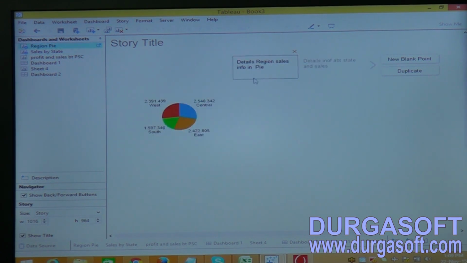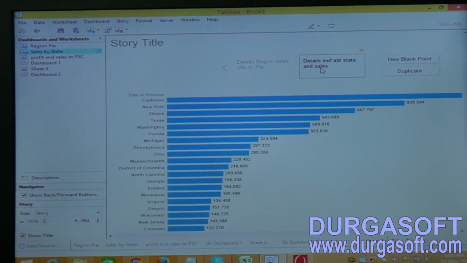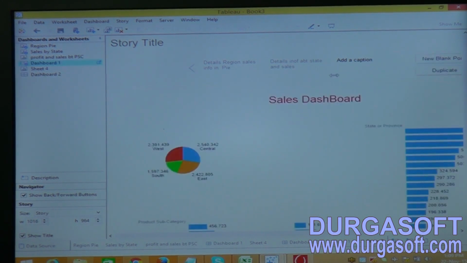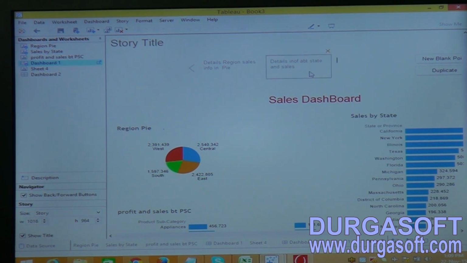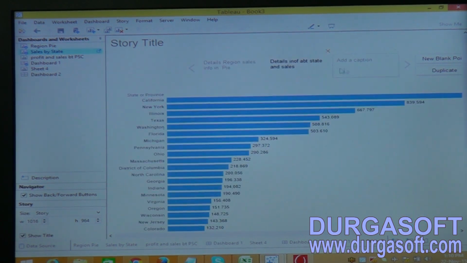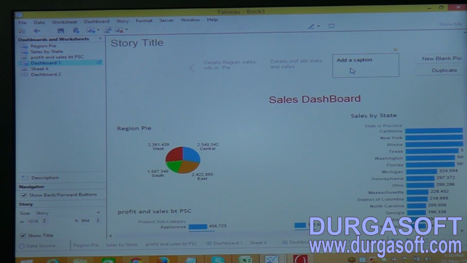Now you can go directly back to the previous option, or directly go to the next sheet, duplicate that and add the dashboard, and give the description about the data, so that in the story it gives you options to navigate from one sheet to another and one dashboard to another. Okay, that's the story concept. You don't need to navigate to a sheet separately, in the same story you can navigate from one sheet to another sheet, or one sheet to other dashboards as well.